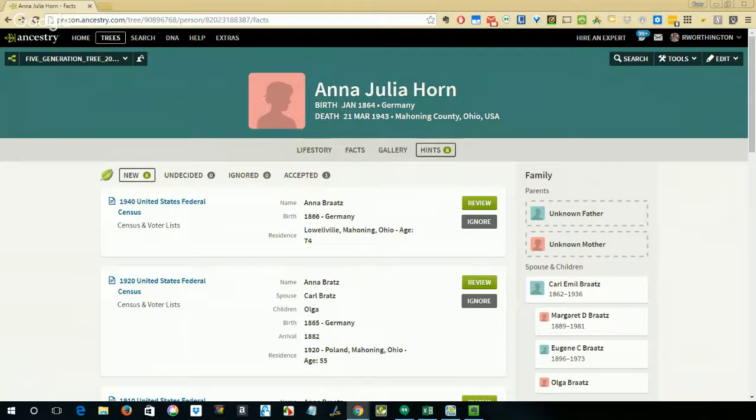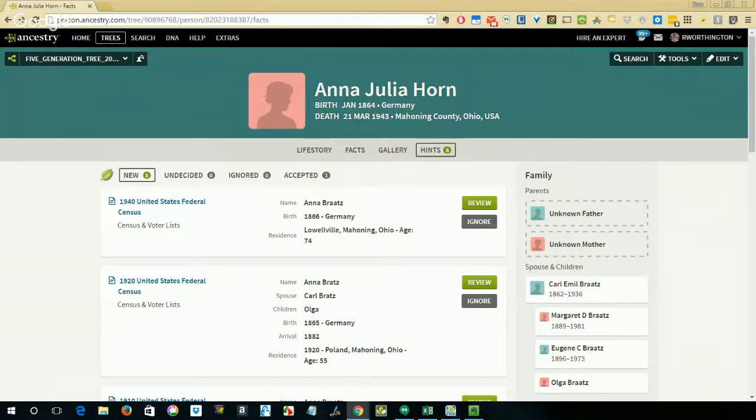I've been wanting to do this for a long time, but I thought I would do it tonight. Why do I merge records in Family Tree Maker rather than the quick way to do it on Ancestry.com using my Ancestry Member Tree? Now, I have a question about this person that's on my screen, and this is within my Ancestry Member Tree. I might have a question about the number of children